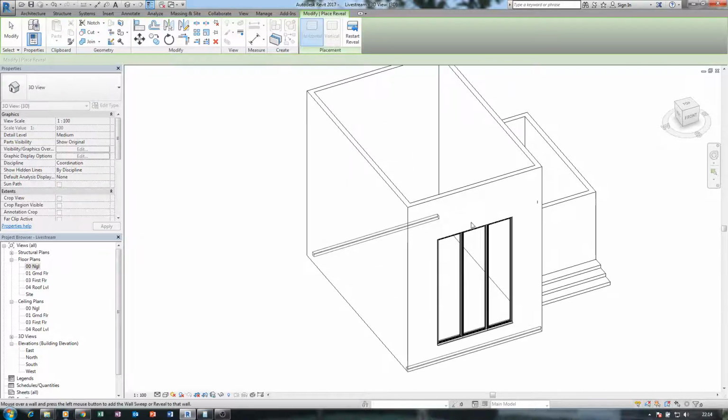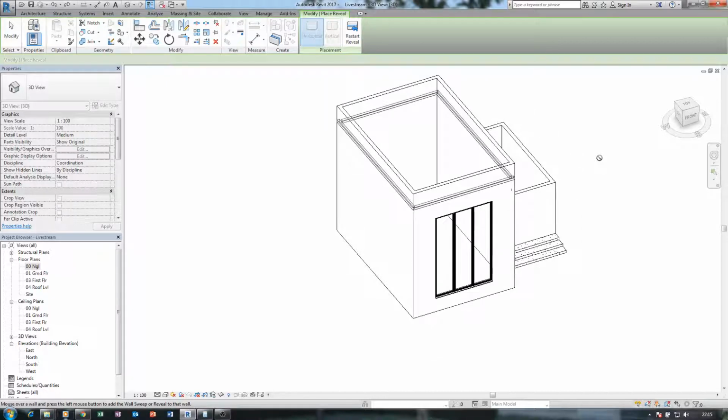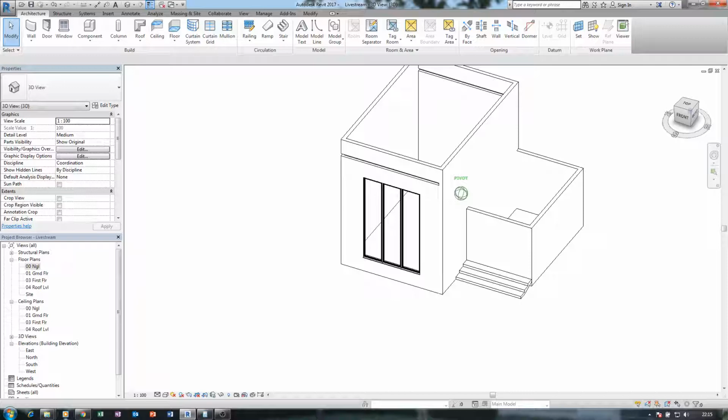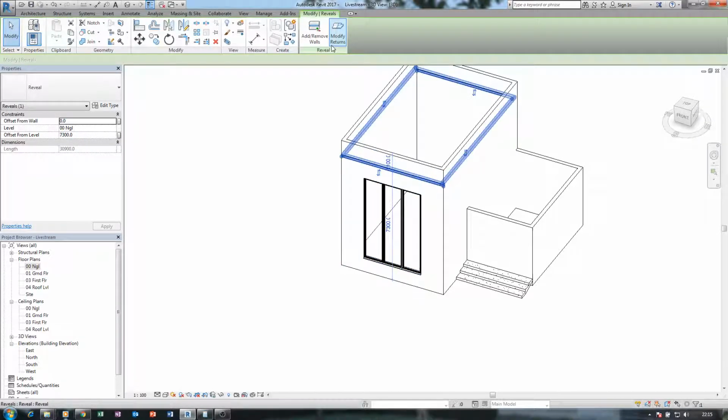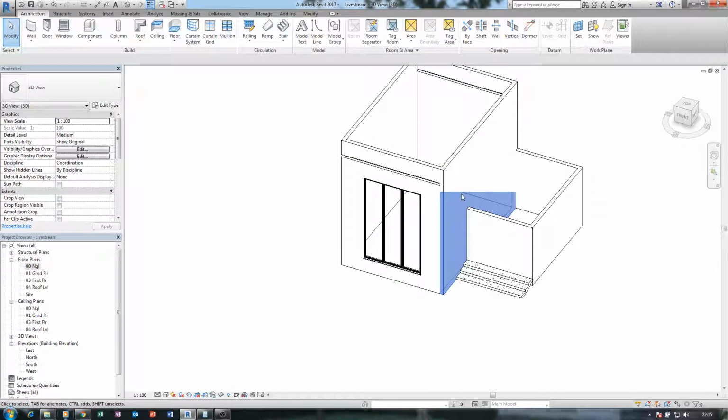Okay, I think it's because I'm picking from the inside. So I'm going to pick it again and remove this wall. So I've removed that one now.